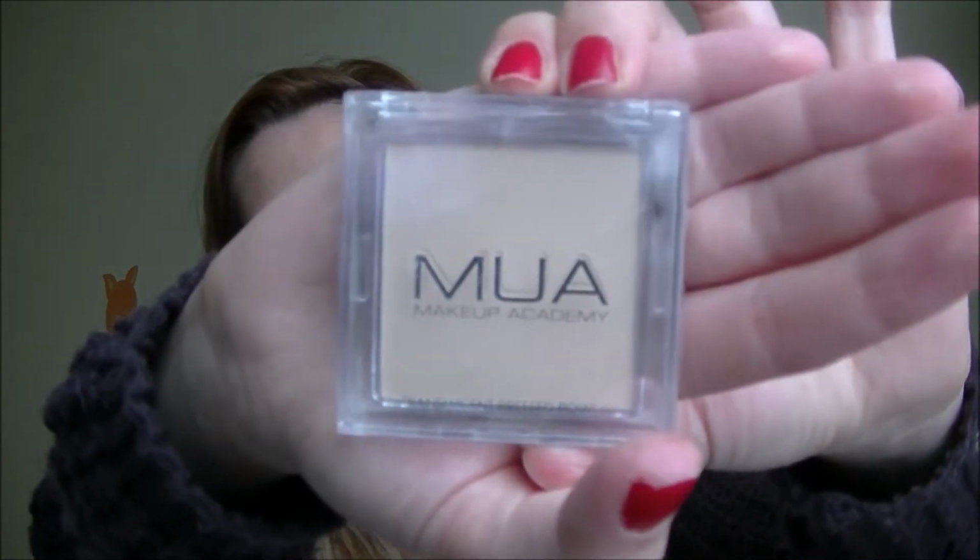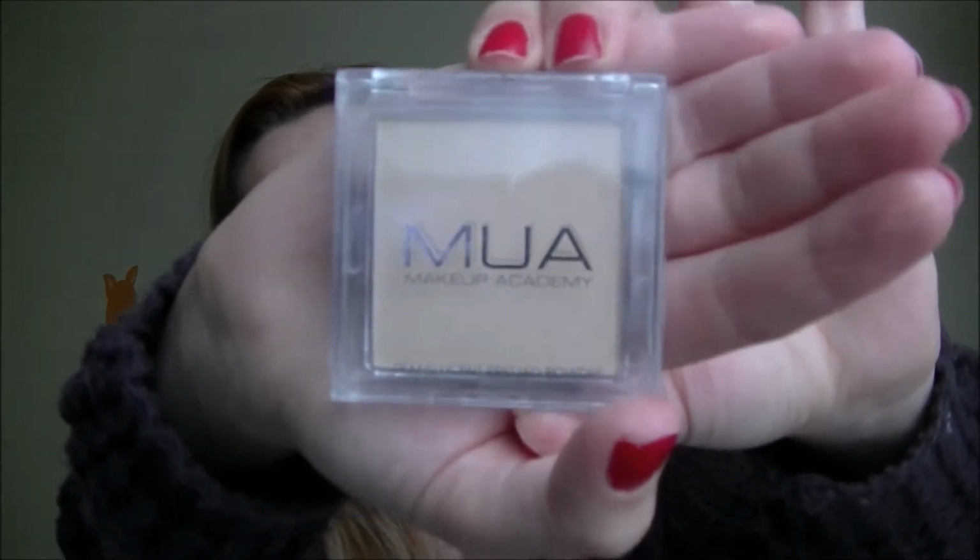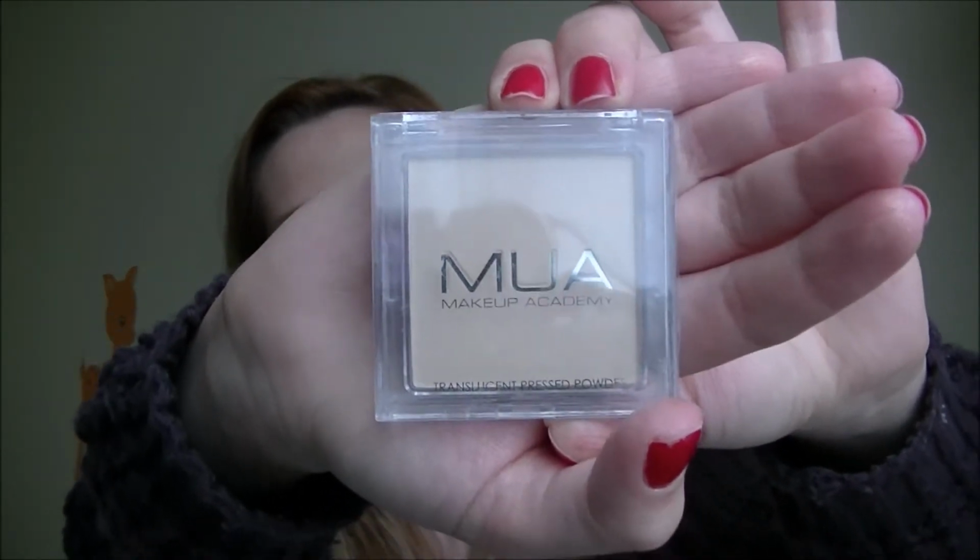And then my ever so favourite translucent pressed powder, which is basically exactly the same as the one I normally get from Rimmel, which is the transparent one. And this one I think is £1, and it's 5.7 grams, which is slightly less than my Rimmel one. So I kind of shift between those two. When I run out of one, I normally go to the other one. So I normally have two of those. And I love them after I put my foundation on, then I'll use that for